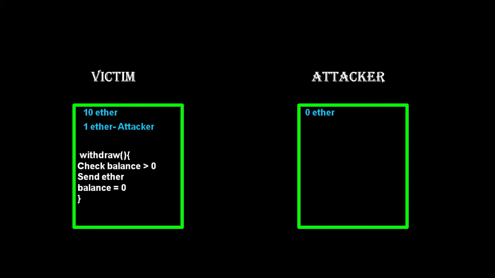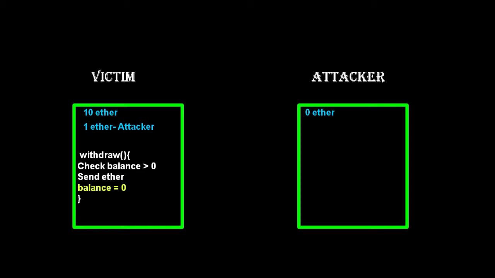Here is a function called withdraw. If any contract has ether stored in this contract, then it is able to withdraw. The way it works is like this. At first, it checks the balance: is it enough or not? Then it sends back all the ether they have stored in the contract. After sending the ether, the contract sets your balance to 0.